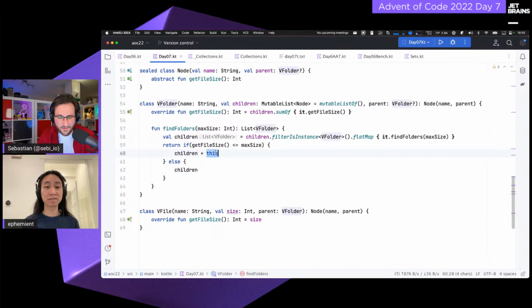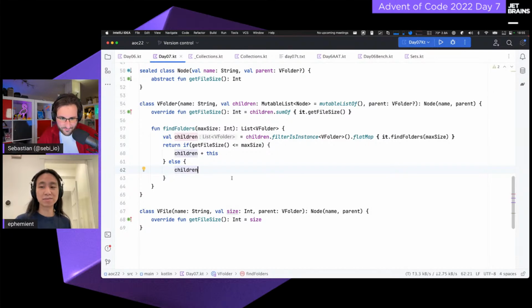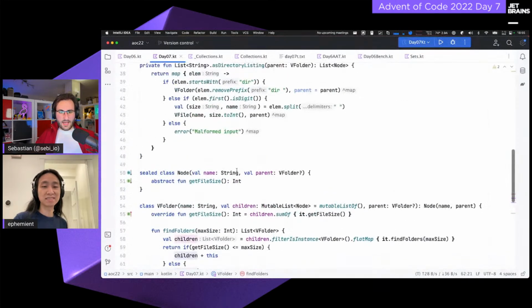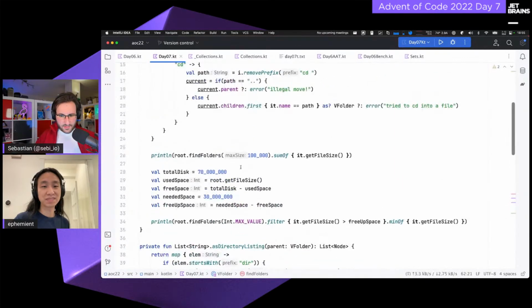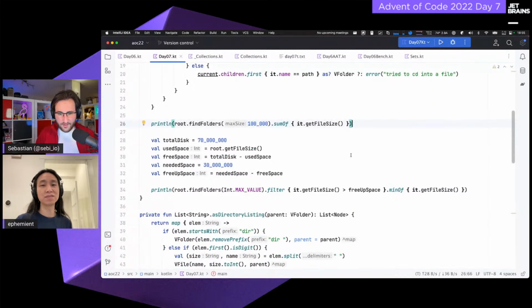So we don't add ourselves, we only add whatever things are in the children. Yeah, and with that, you arrive at this little snippet here, which finds you the folders with a max size of 100,000, and from there, the rest is pretty easy as well.